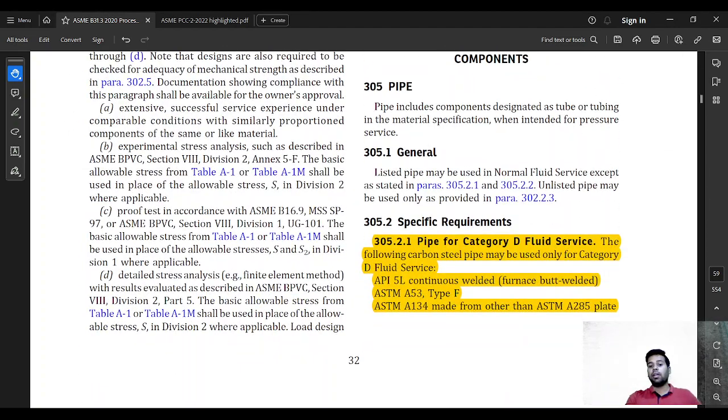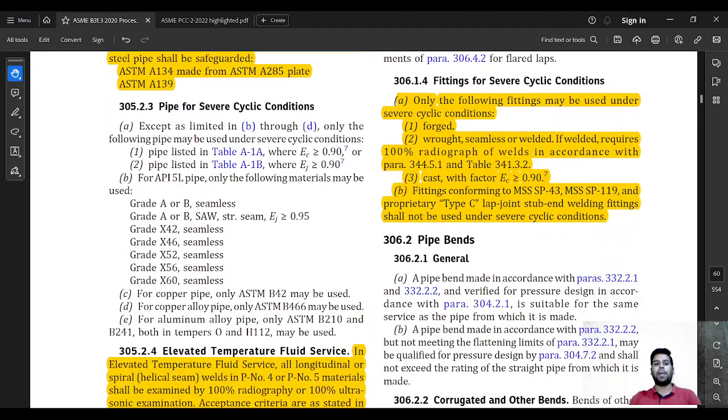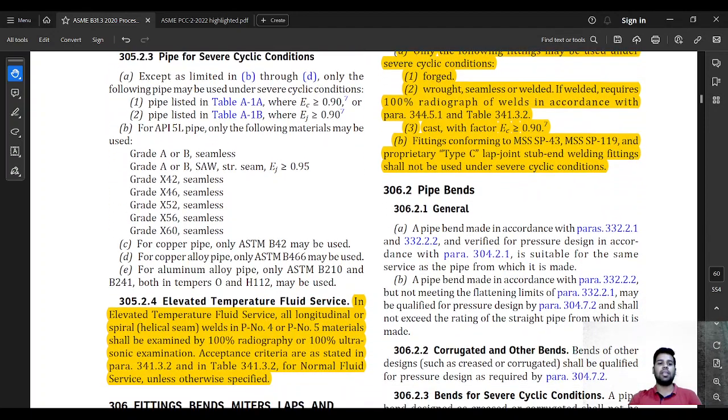The following carbon steel pipe may be used only for category D fluid service: API 5L continuous welded, ASTM A53 type F, and ASTM A134 made from other than ASTM A285 plate. Piping requiring safeguarding when other than category D fluid services, the following piping shall be safeguarded. The limits are given here. Pipe for severe cyclical services. These materials can be used for cyclical services for API 5L, or other requirements are given in table A1A and